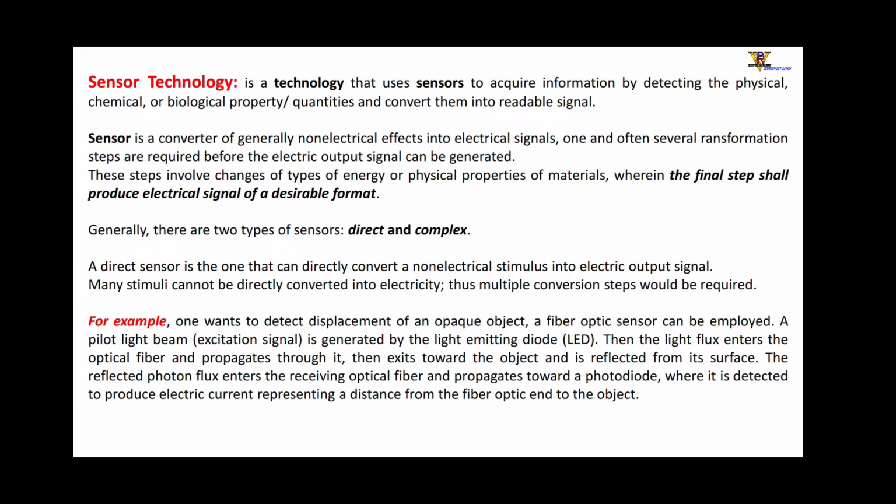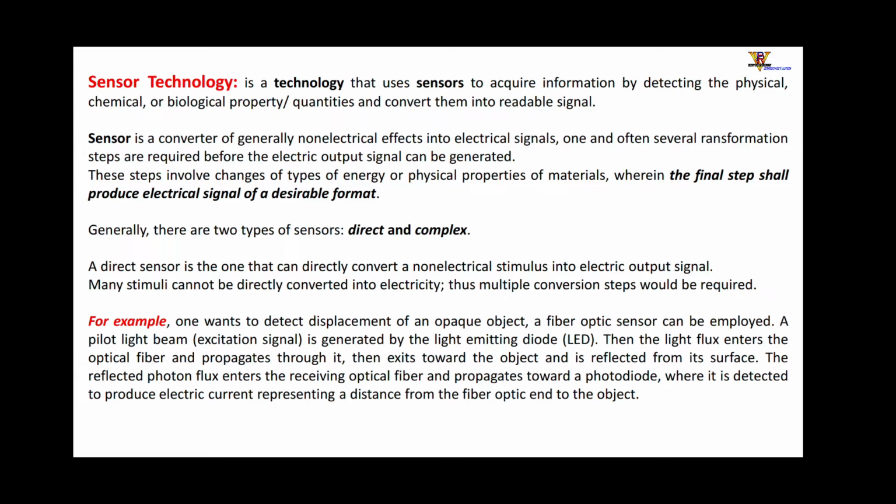So in this way sensors are used to acquire some physical quantities or properties, or biological or chemical ones, and then they convert them to a readable signal. The advantage of this is that some quantities which you can't measure easily, like heat, temperature, pressure, flow, can be easily measured by sensors. So by sensor,